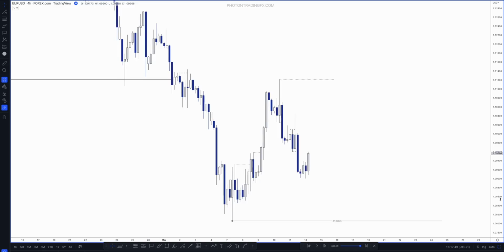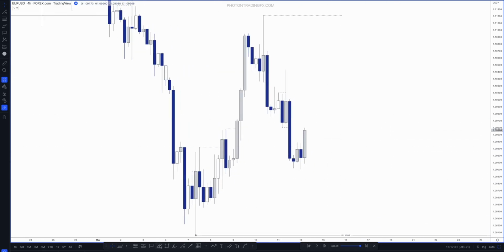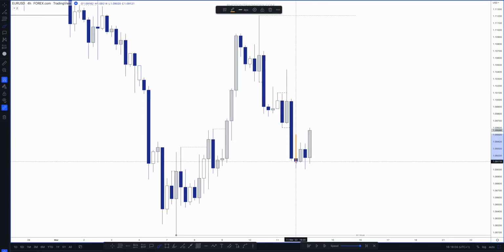So there we go. There's another change of character, right? Why is there a change of character? Because you see this candle fails to break the previous candle's low. So we had a pullback, then price came down and it broke that low. The exact moment it breaks that low, this becomes the new fractal high. And then we've had a change of character, right? So you can see that: down, up, down, that becomes the high, and then we break it to the upside, okay? So now we've had another bullish change of character,